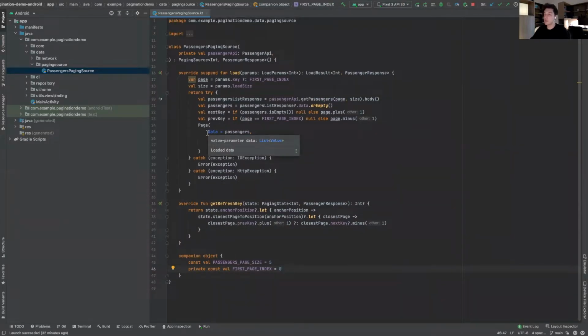So let me explain what a paging source is. Paging source is the file where we tell our paging library where to fetch data from and how. We have two important functions, which are load and get refresh key. And in this part, I'm going to explain each line one by one. Okay, so from the load function, we are going to return a load result. If we could successfully fetch the data, we are going to return a page. But if we could not do it, we are going to return an error